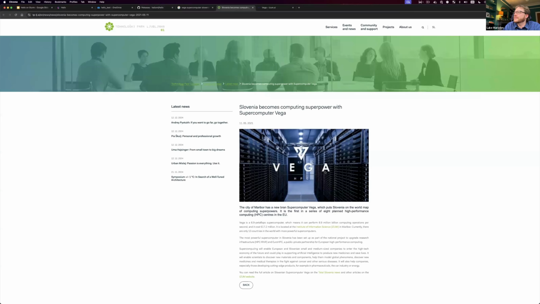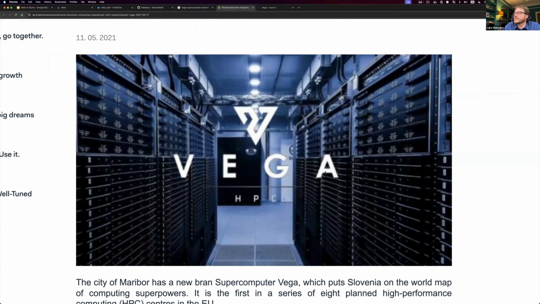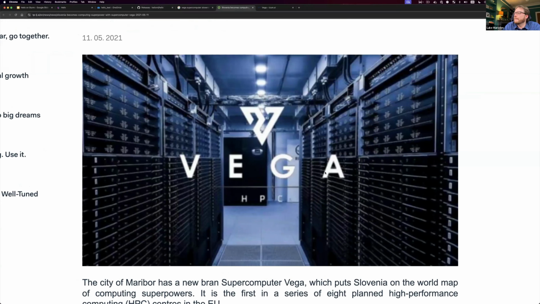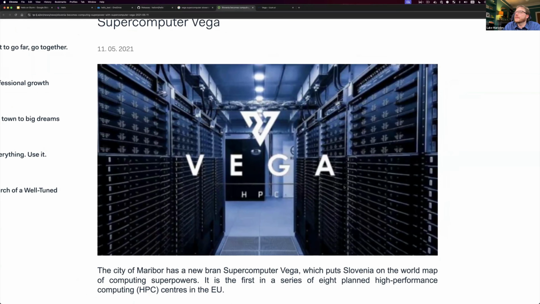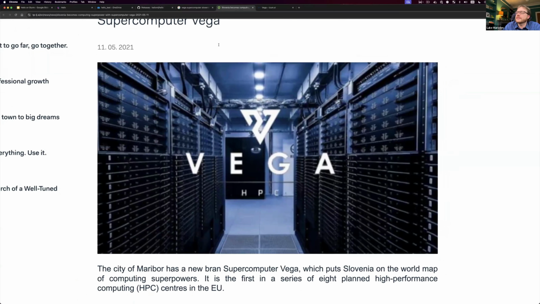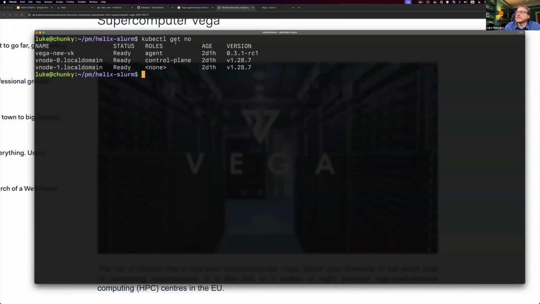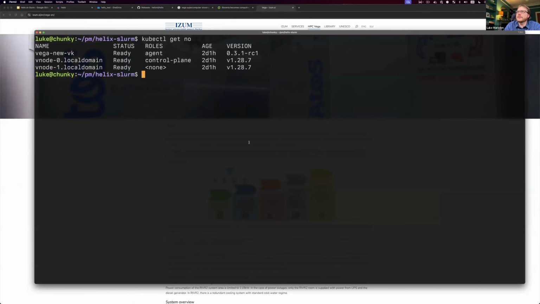And yeah, we're actually deploying onto this supercomputer, and this Kubernetes cluster is kind of like a portal to this supercomputer, because we have one of these nodes, which is a virtual kubelet node. Is that right? Yeah, exactly. That is actually talking to that supercomputer there. So what we can do is